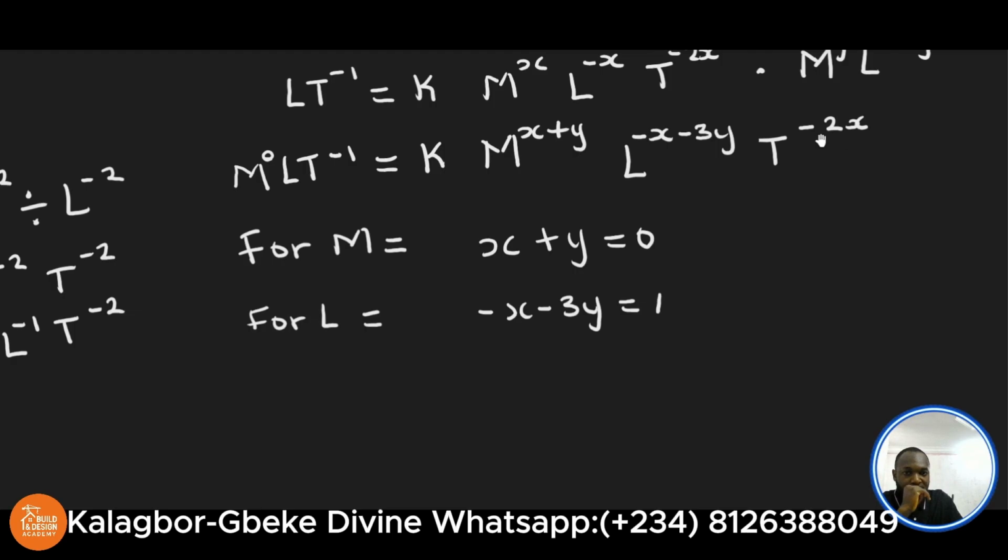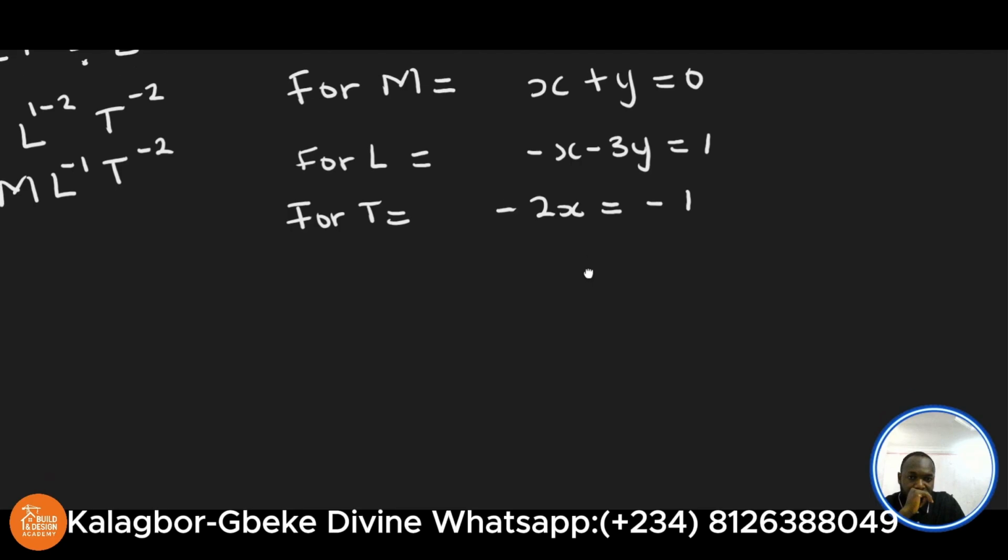So we now have minus 2X is equals to minus 1. So let's write that for T. For T, we'll have that minus 2X is equals to minus 1. So if we want to simplify this equation, let's start with X. So since minus 2X equals minus 1, if we divide both sides by minus 2, minus will cancel out minus. We'll now have that X is equals to